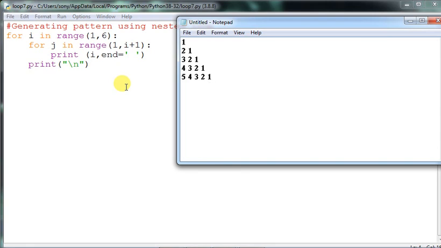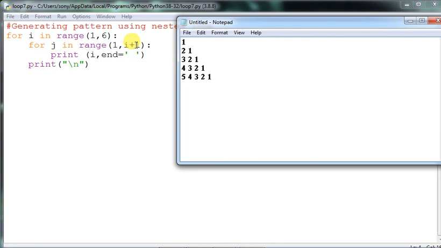Okay, so here there is a tendency to decrease, yes or no? Here there is a tendency to decrease. Next we will change something in this particular program. So here it is increasing 1 2 3 4 5. So row wise if you go, column wise it is increasing, and row wise it is decreasing. So it is ending at 1. So it is quite clear that we have to complete the innermost loop into 1.